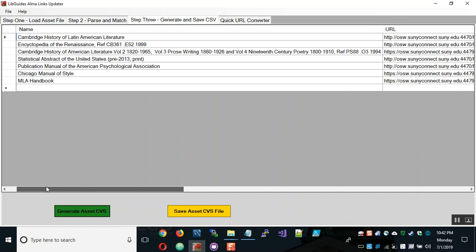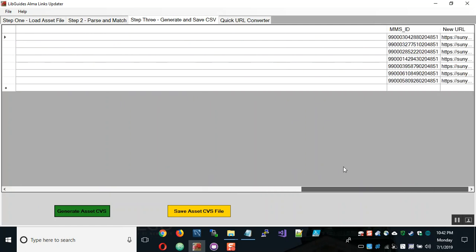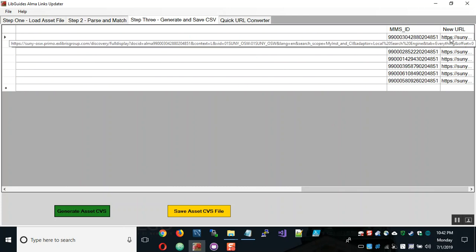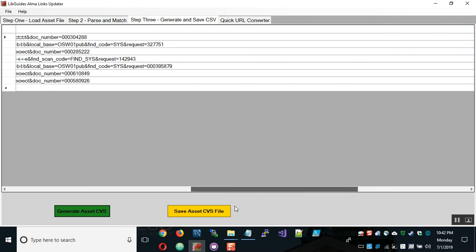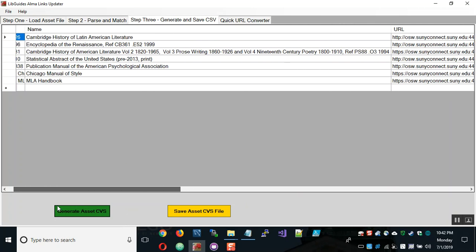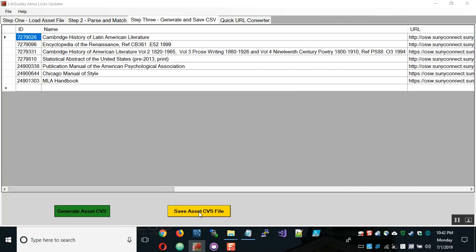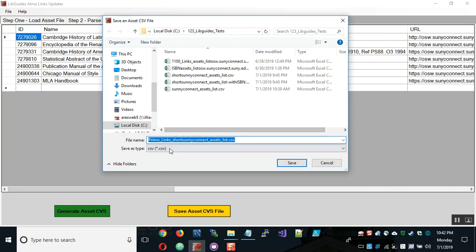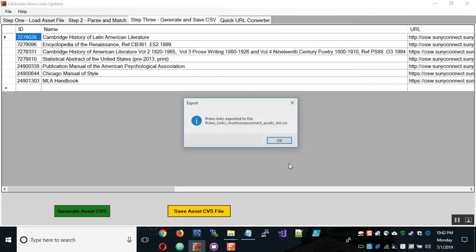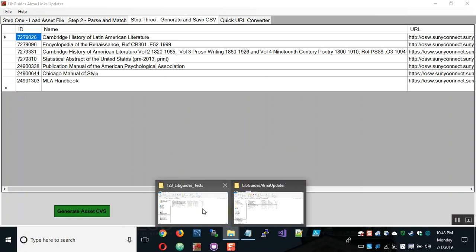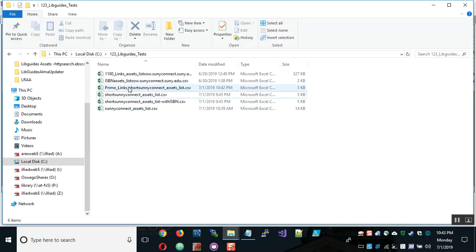And as you can see, it goes ahead and generates them, which includes a column for the MMS ID and the new URL that points to your Primo and that specific document. So now this is ready to save, and I'm going to click on Save CSV, and it'll give me a name, Primo. I'm going to call it Primo Links, with the original name, and save it. And then it'll be done. Then you can go to where it was saved. You can open it up